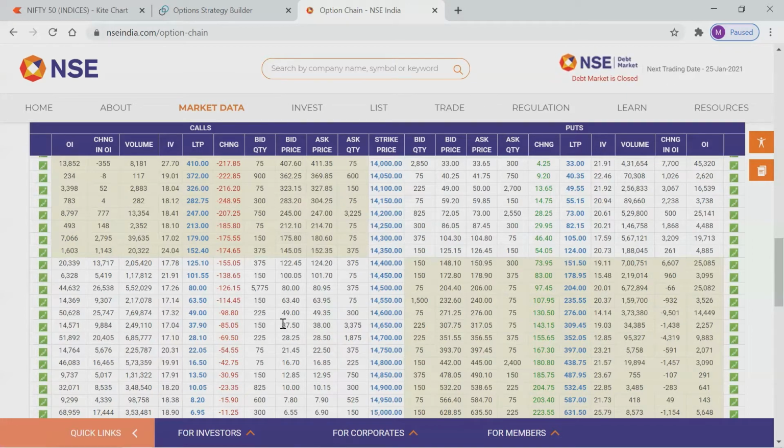Okay. So now tell me, according to short triangle, what do we need to do? We need to sell an out of the money call option and an out of the money put option. Out of the money, in the sense, you need to select the strikes which are present in the white area. You need to select one strike from this area and the other strike from this area. I repeat, the short triangle option strategy is nothing but selling an out of the money call option and an out of the money put option at the same time. Out of the money is nothing but